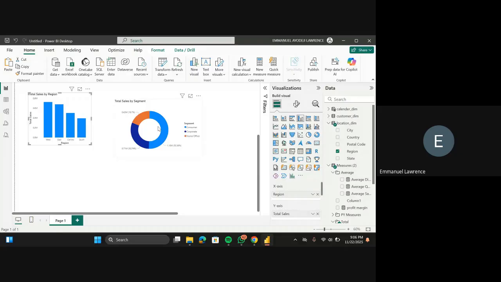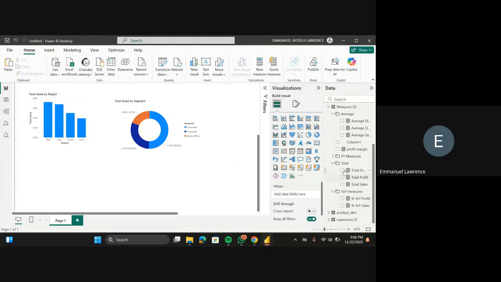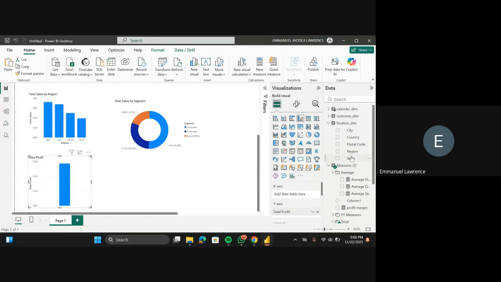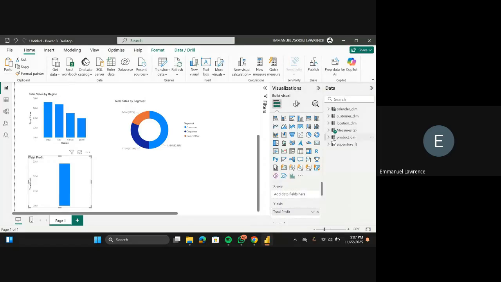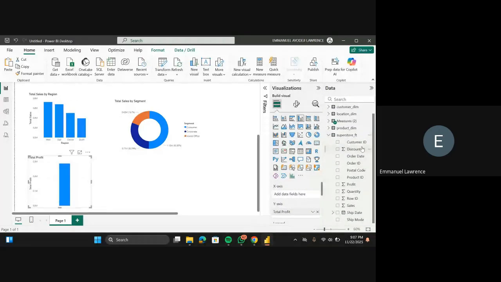Let's create another one and call it total profit by ship mode. I'm working based on profit and sales. So total profit by ship mode. So ship mode will be under, I think it's under the facts table. Let's check. If you are seeing a lot of these folders open, you can close everything. Just right click on one of them and click on collapse all, just to collapse everything and easily find what you're looking for. So under this Superstore facts, let's click on ship mode, right? This ship mode.